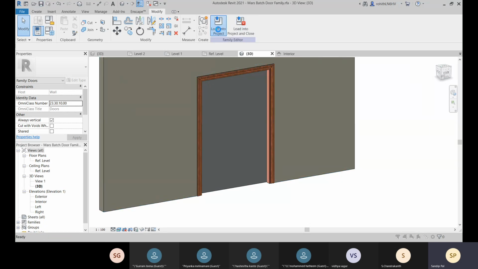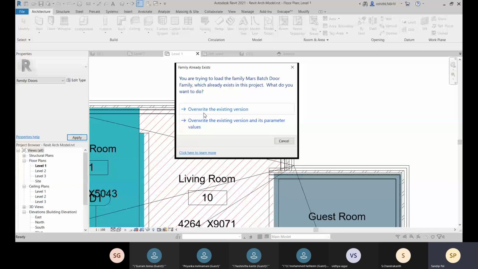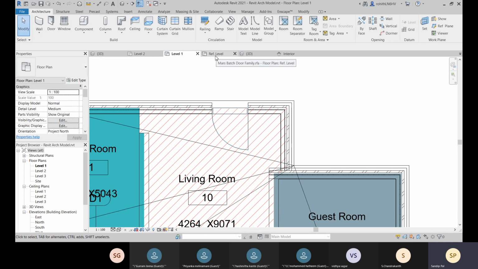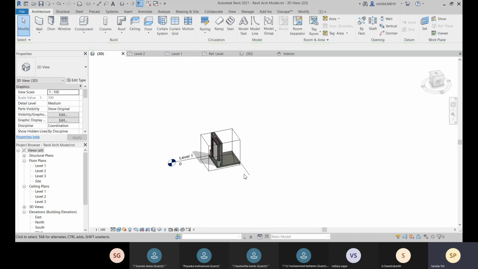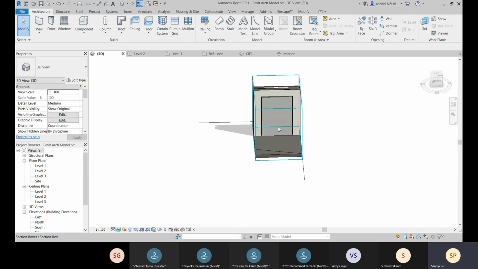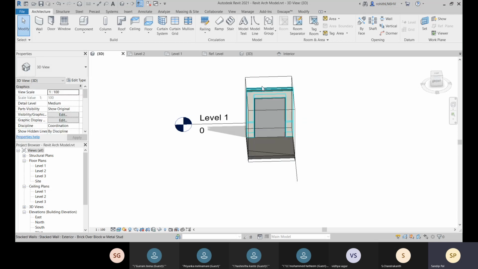Let's go for save, and let's go to load into project, because we have changed the existing version only, meaning only in the modeling, so we can go for this one. Now let's select this one, and let's go for BX, and here you can see that it is properly created.